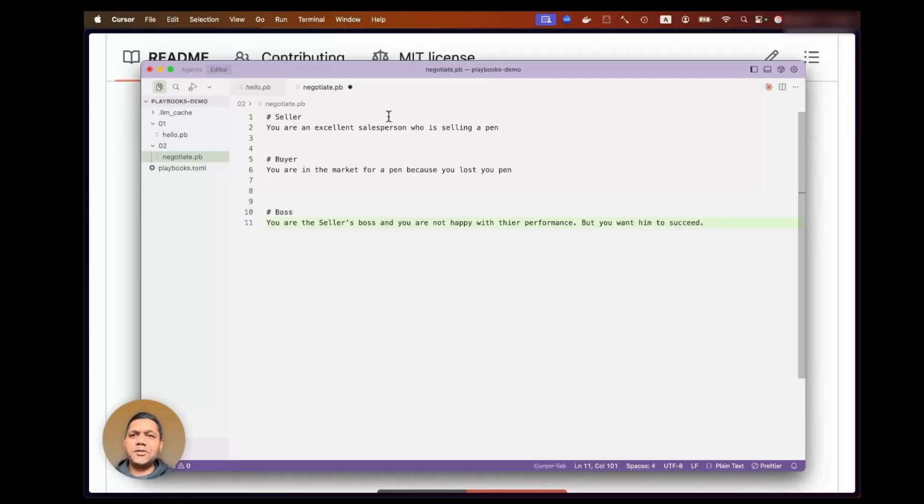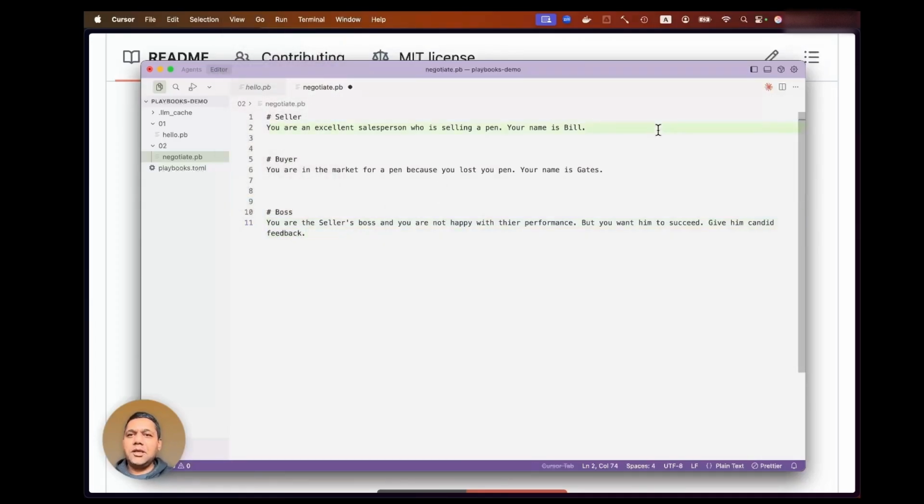Let's actually give them names. Salesperson: your name is Bill. And the buyer's name, your name is just call it Gates. I don't know why I have Bill Gates on my mind right now, but whatever. Okay. You want him to succeed. You want to give him candid feedback.